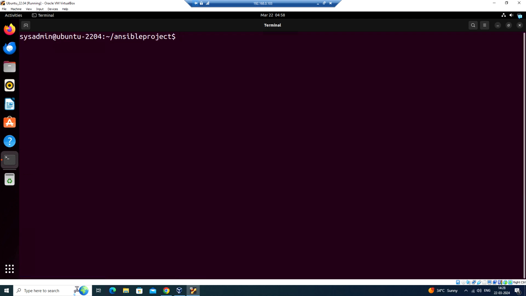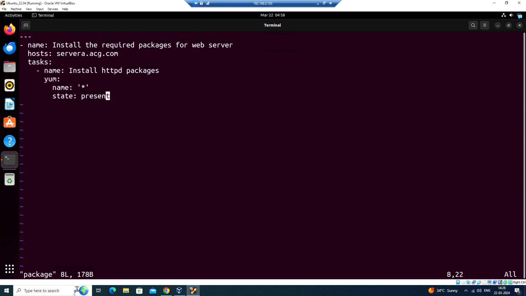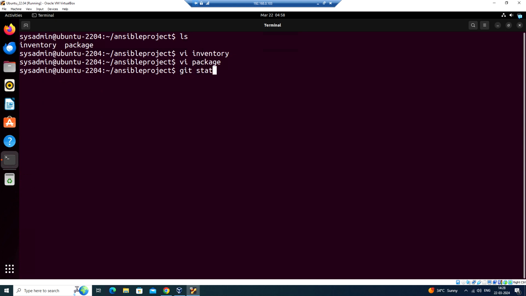Now let me edit both the files again. Let me add the production server serverb.scg.com, and for package let me add yum, name httpd, and state present. Now if I run git status,